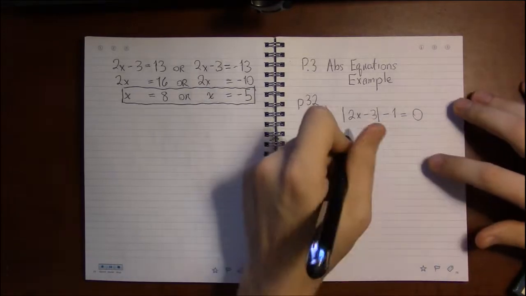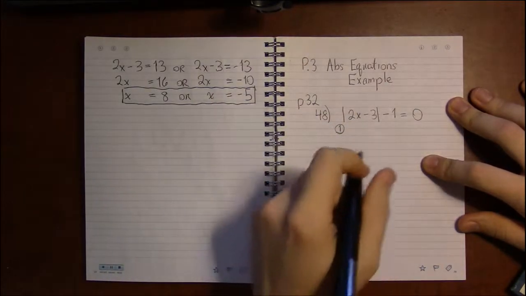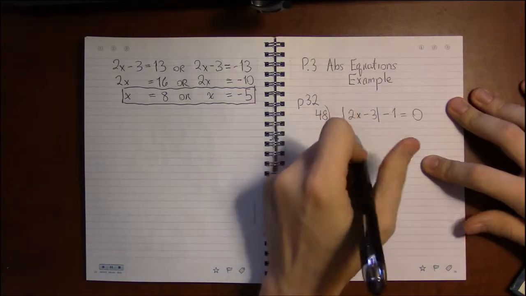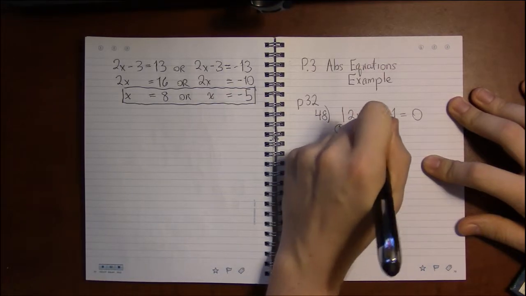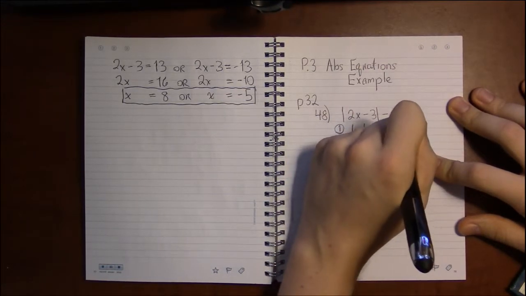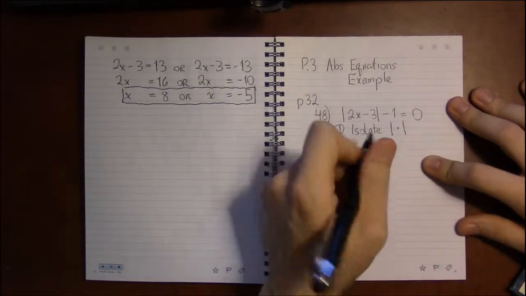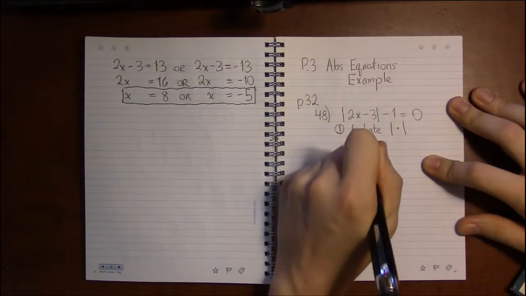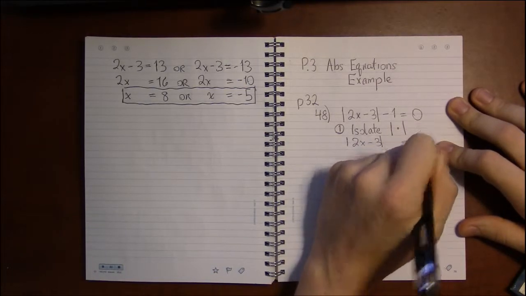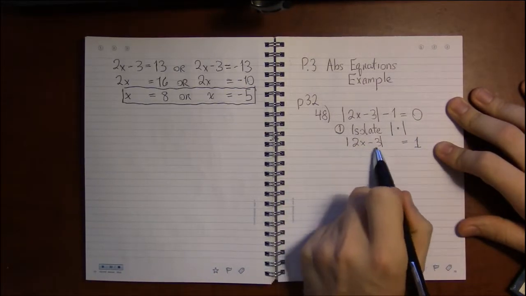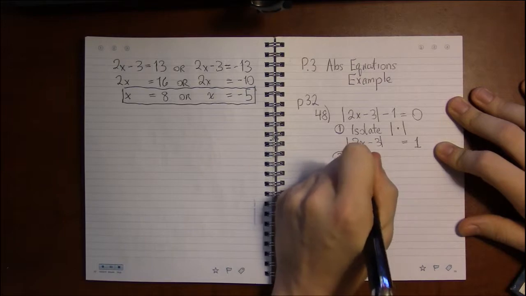Well, we're going to start off. Remember, I didn't follow through with all my steps in the last video, so I'll try to be more diligent this time. Step 1 is to isolate the absolute values. So in this case, that means we're going to have to add 1 to both sides. So we'll get the absolute value of 2x minus 3. That should equal 1. The next step is to split